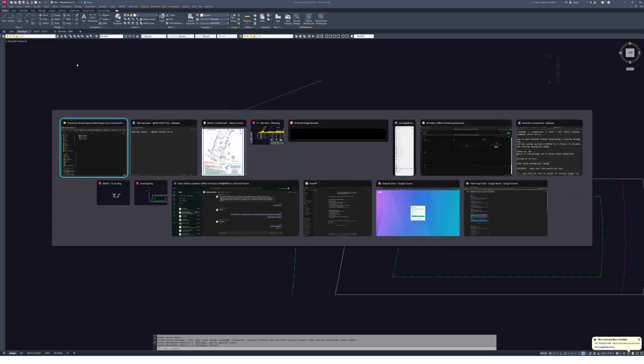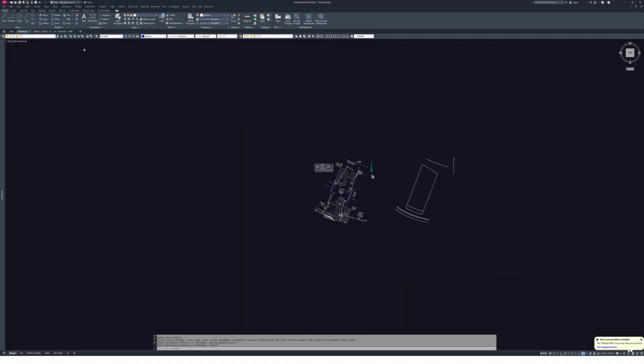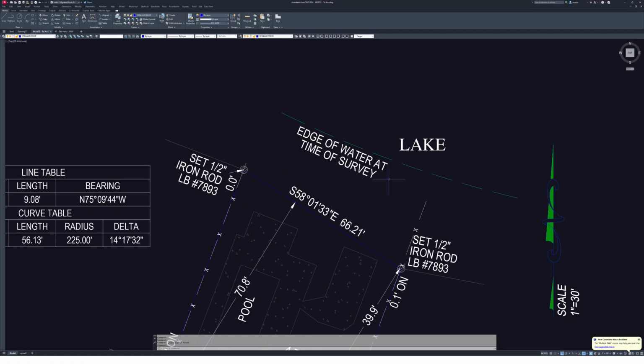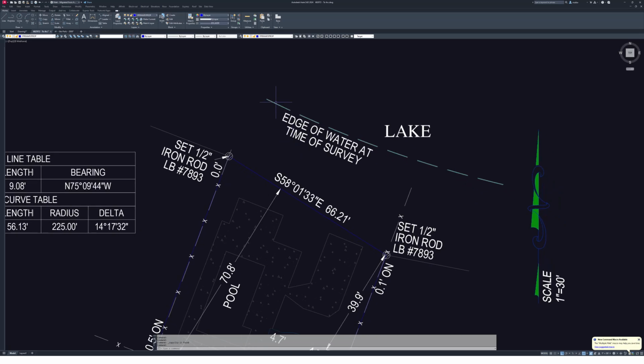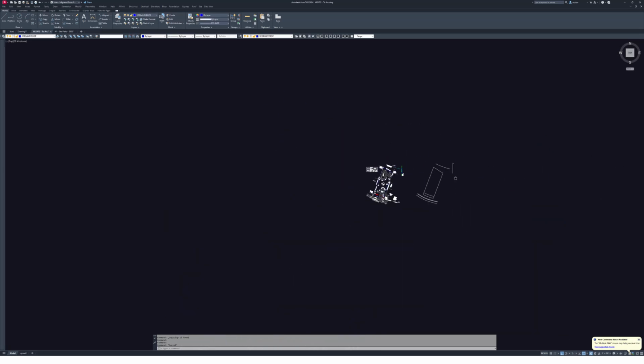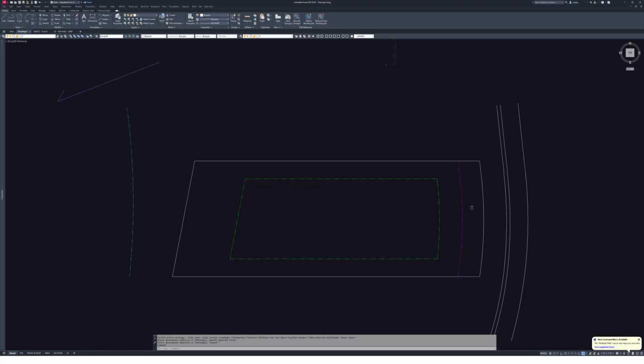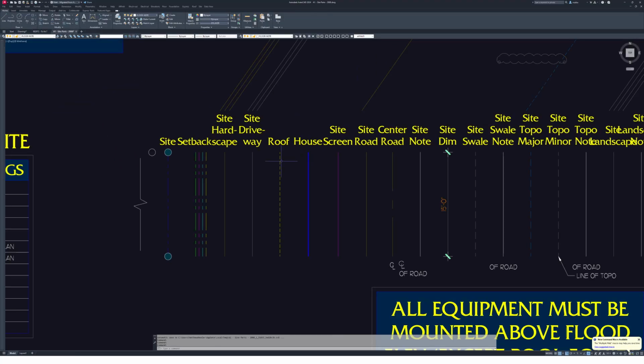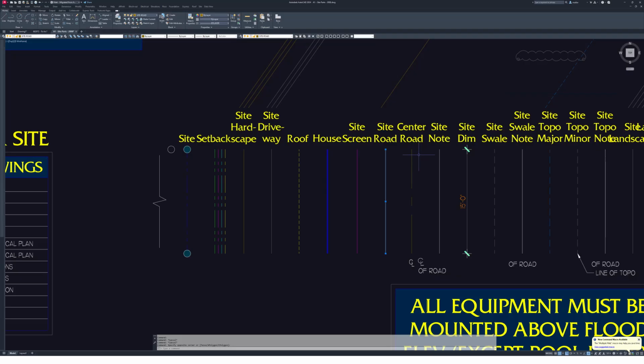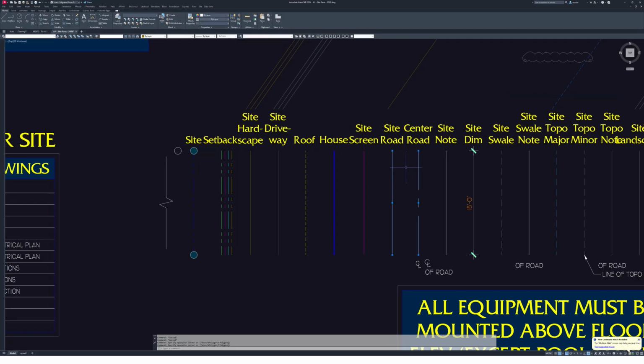So this is going to be an important one because this is the edge of water, which sometimes the pool or rear setbacks can come off of edge of water, so it's just important. So we'll keep that there again just for reference for if and when we need it. And then going back to my site parts, I have my site road, and my site center of road. So I'm going to copy these